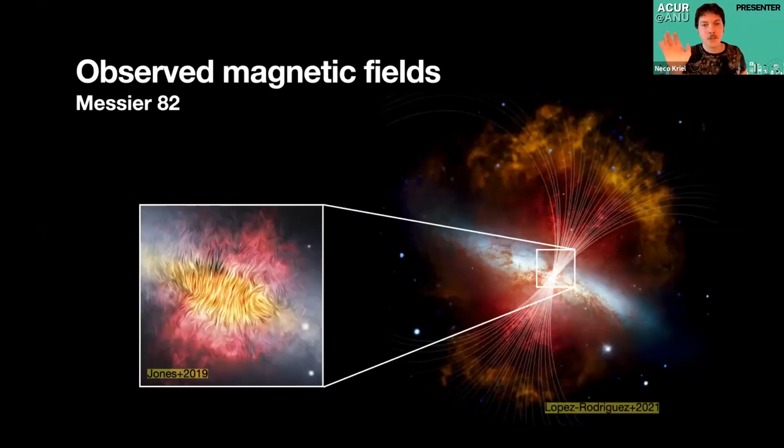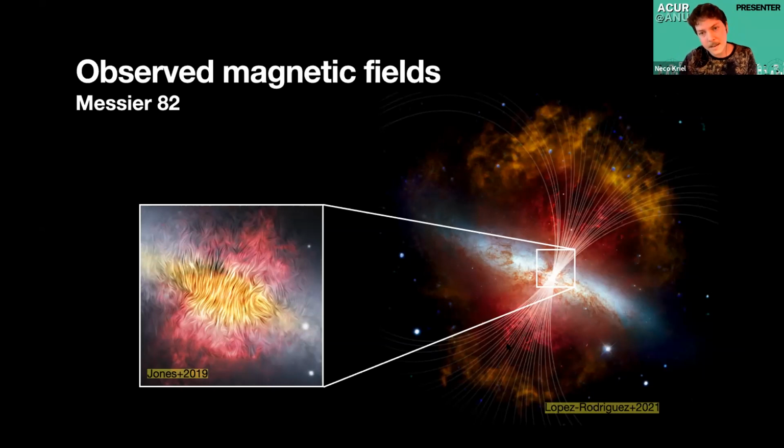Now, I just want to convince you real quick that magnetic fields are very much a real phenomenon. They're not just a thing that we've postulated to explain our problems away. We do observe magnetic fields. And here I show you the Messier 82 galaxy. It's a starburst galaxy. Here we have a side-on view from Earth, and it's a composite image. Over here we have gas being